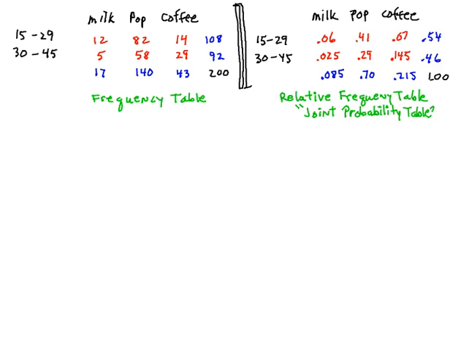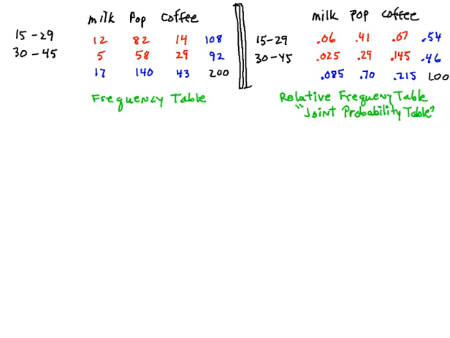Okay, the problem. A group of 200 people between the ages of 15 and 45 were surveyed to determine which of three drinks they would most prefer at a restaurant. The group was further categorized according to two age groups, breaking the 15 to 45 down into 15 to 29 and then 30 to 45. And collecting data on these two variables, the frequency table up here on the left,